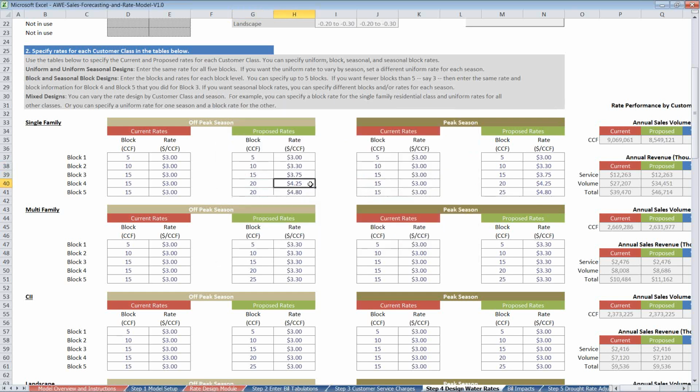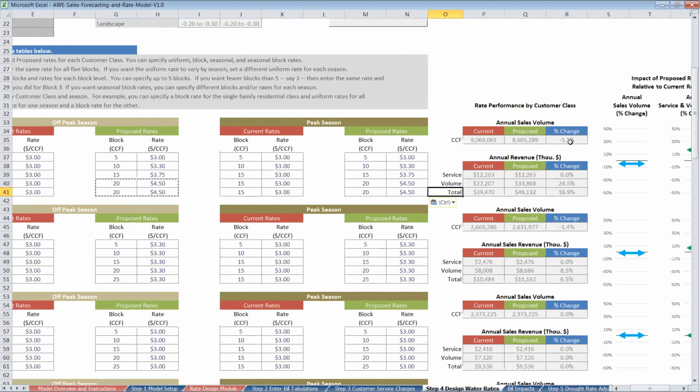And then I'm going to change this rate to 450 instead of 425 per CCF. And I'll change this one to 450 as well. And that's effectively made it a 4-block structure. So the model gives you that flexibility, and you can see the changes on the fly. So it's already calculated the difference in sales volume and the change in revenue.